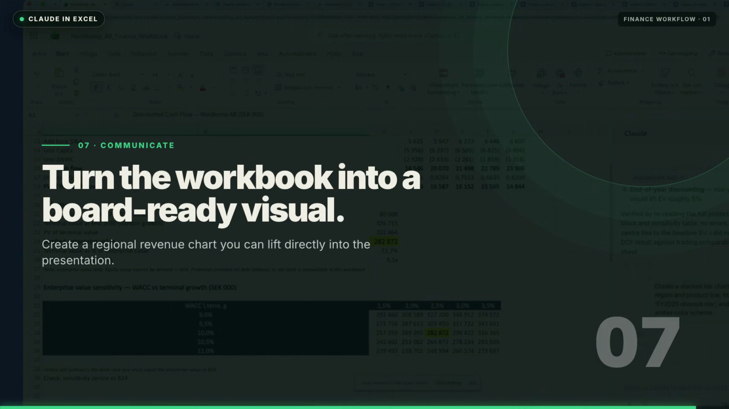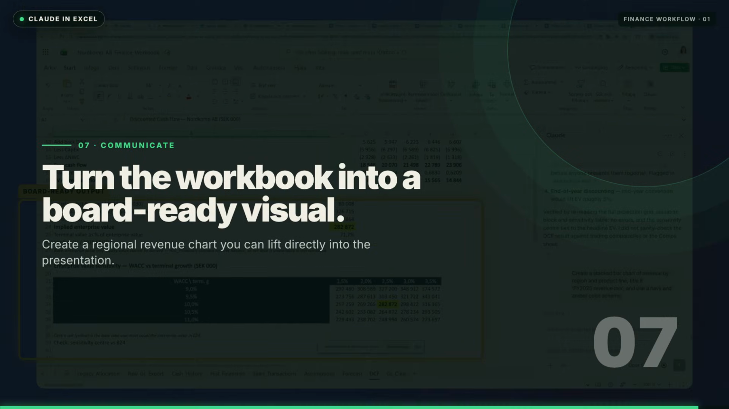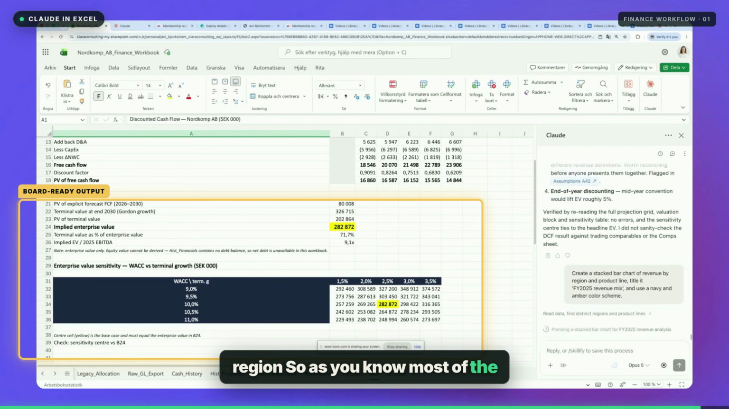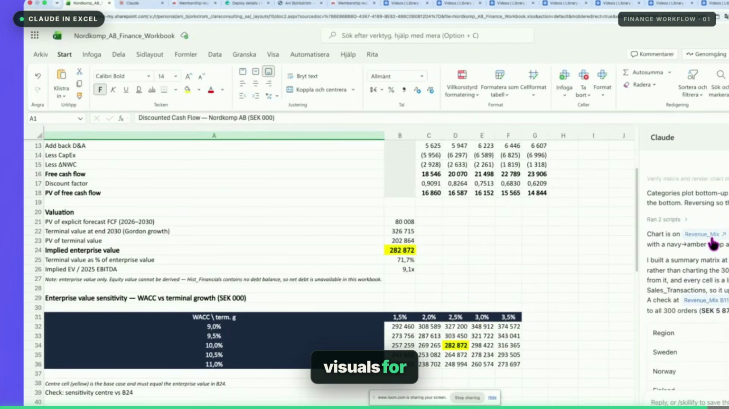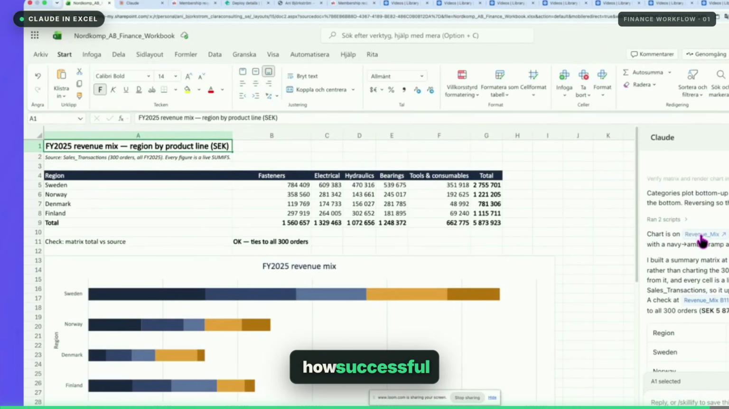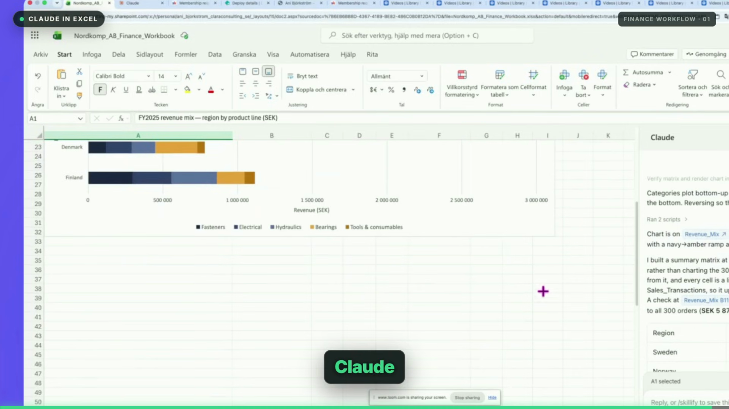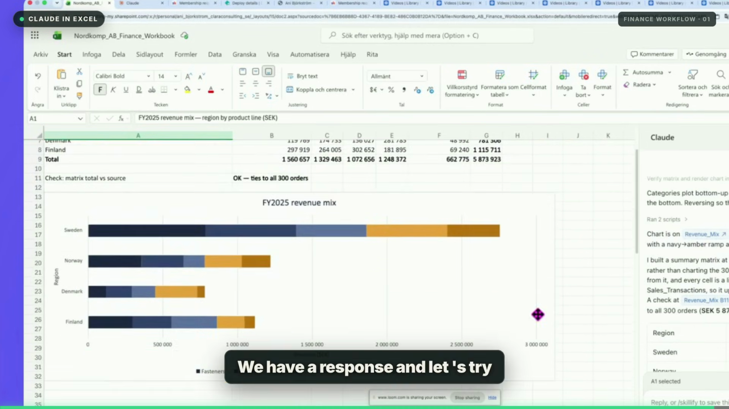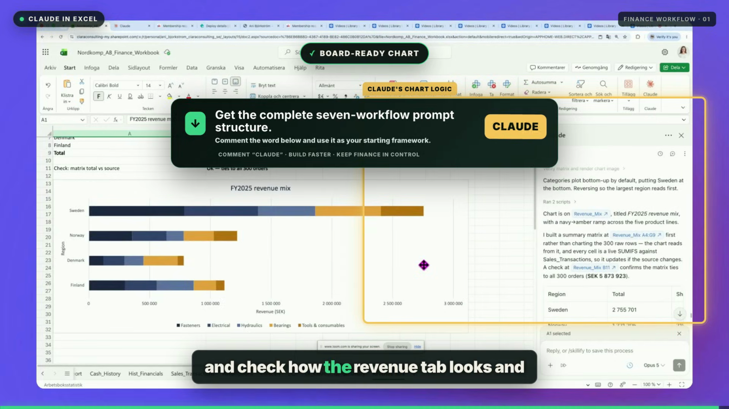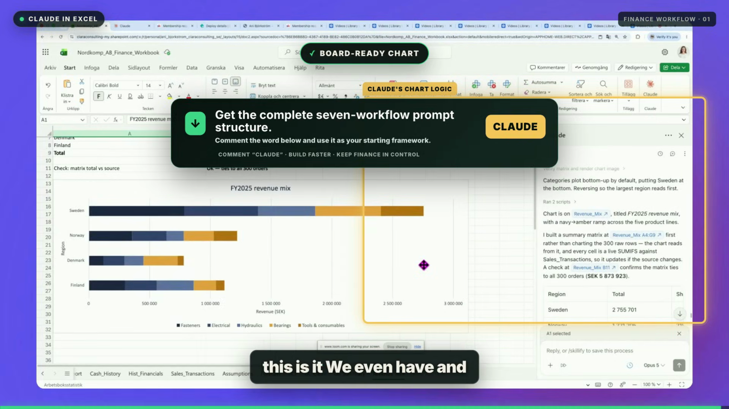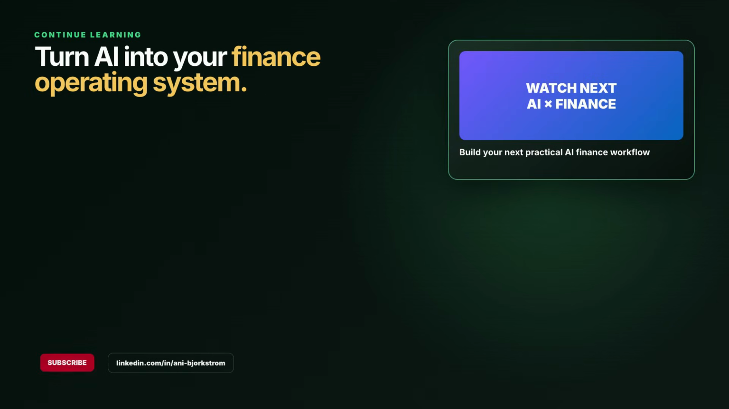And in the next step, we will ask Claude to create a bar chart of revenue by region. As you know, most of the time when you are doing your presentations for the board, you will not show the worksheet. Instead, you will need to create some type of presentation and get some numbers and visuals from your worksheet. So let's try to ask Claude to create those visuals for us and see how successful Claude is. We have a response. Let's go and check how the revenue tab looks, and this is it. We even have all the visualization, so we can just copy this visualization from our Excel worksheet and present it in our presentation. So those were all the